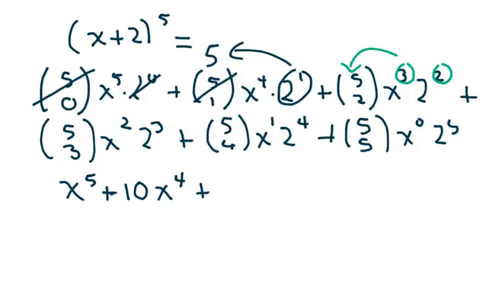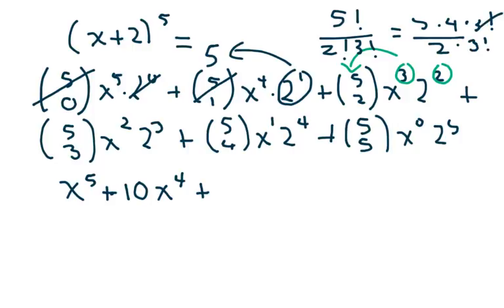Plus, this is really 5 factorial over 2 factorial times 3 factorial, which equals 5 times 4 over 2, because the 3 factorial cancels. Well, these cross out. And then 2 goes into 4 2 times, so 2 times 5 is 10. So basically this equals 10, and 10 times 4 is 40,